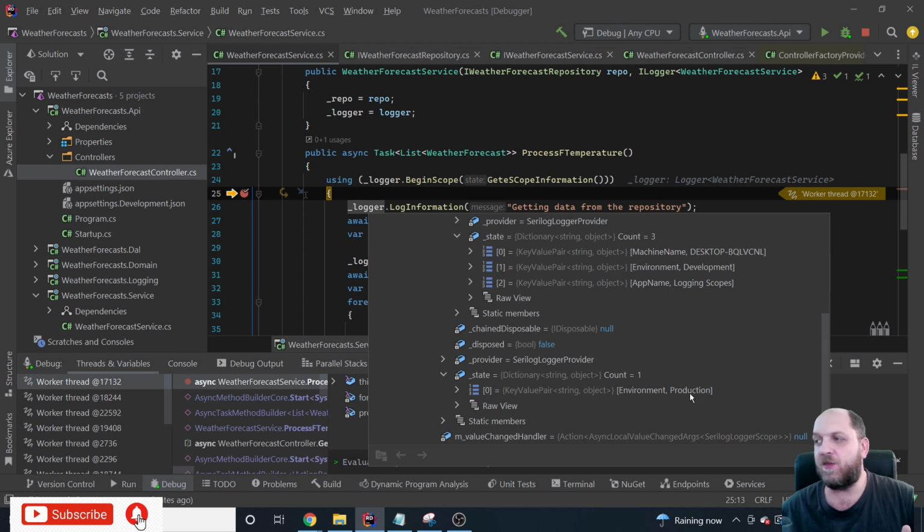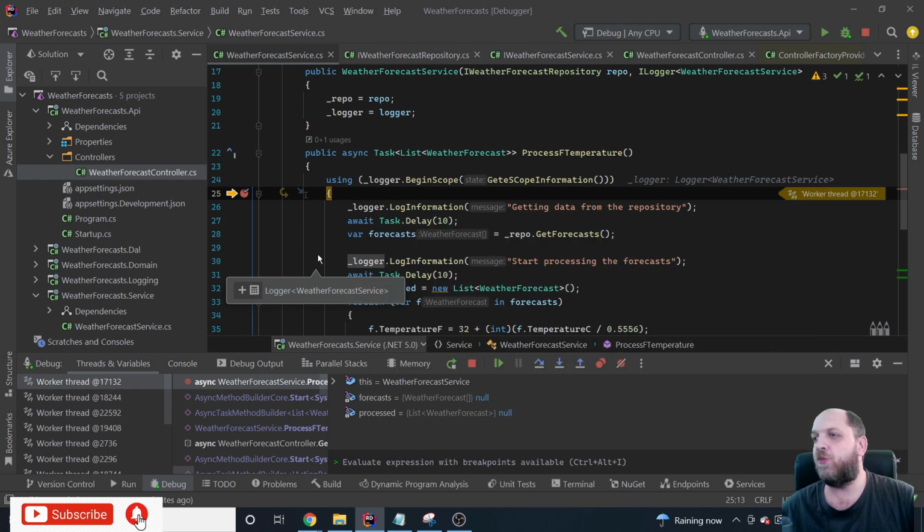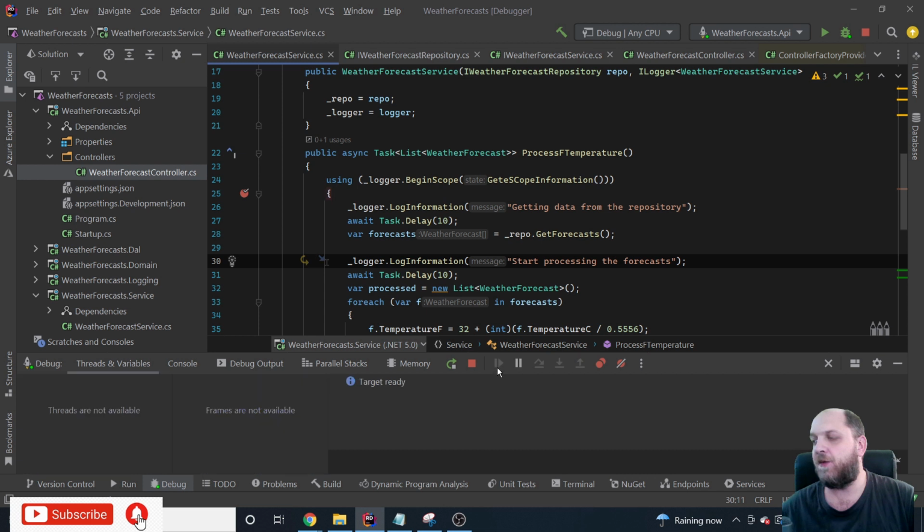Now, in this case, the way this will behave is, of course, it will give precedence to the key that it finds here. So it will write this environment key that it finds here in the current scope, but for the machine and the app name, it will write the values that it finds in the parent scope of that. So if we just run this application and let it complete,